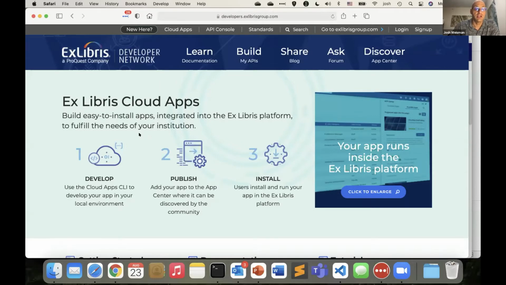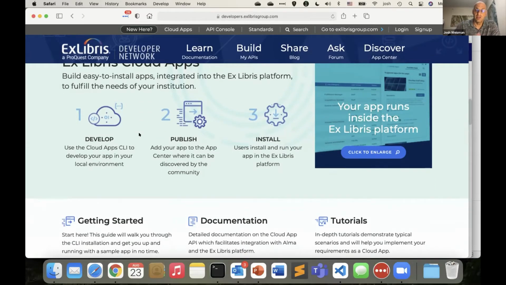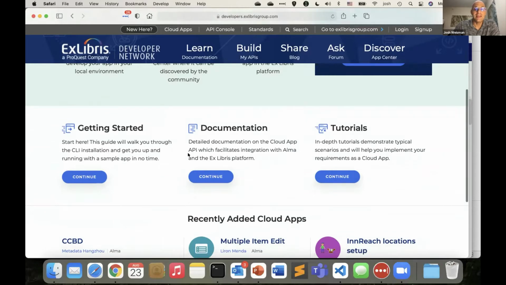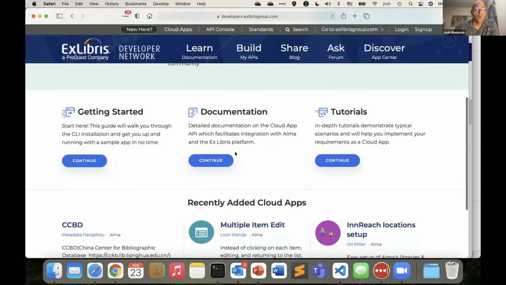Within this section, we see the steps: you develop, then you publish, and then your users install your app. We have three main areas that we can look at. The first is the Getting Started guide, and that's what we're going to be doing over the next couple of minutes. We're going to walk through that guide, those instructions together.